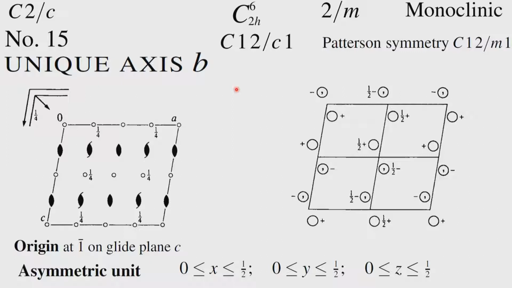So, we know that C2 1 by C is the same as C2 by C, we already know that. Now, by looking at this diagram also, you can verify if you want to make a C2 1 by C, you move the origin to this fellow, then you will make it C2 1 by C, but anyway that is not important. What is important here is that this space group, again the unique axis is B, the full symbol is C1 2 by C1. So, if you now convert this symmetry into point group symmetry, it will be 2 by M, and it is a monoclinic system.